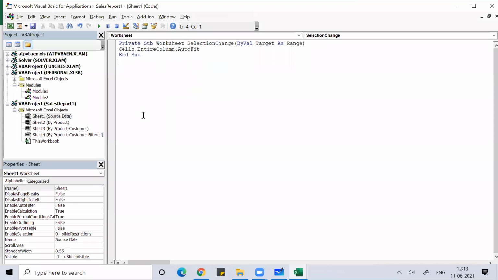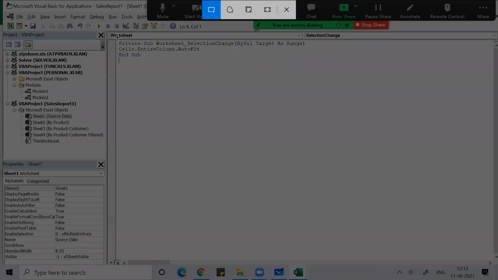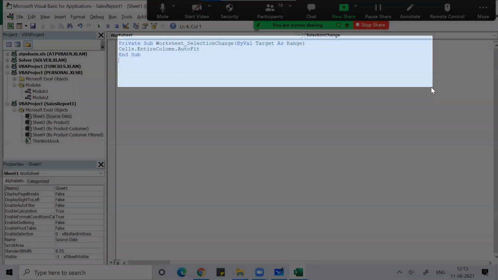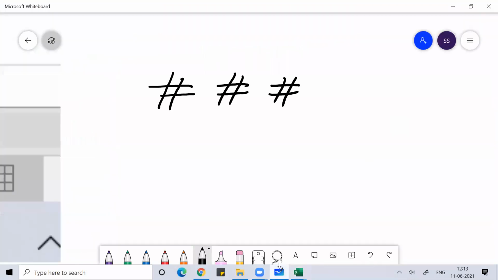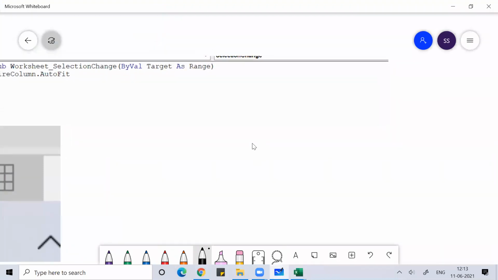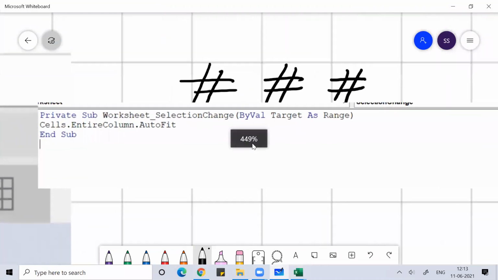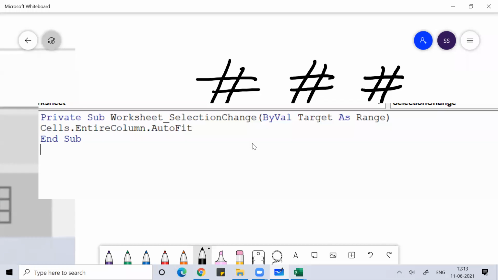That's it. Just write this much: Cells.EntireColumn.AutoFit. This will automate the width of the cell depending on what you write.